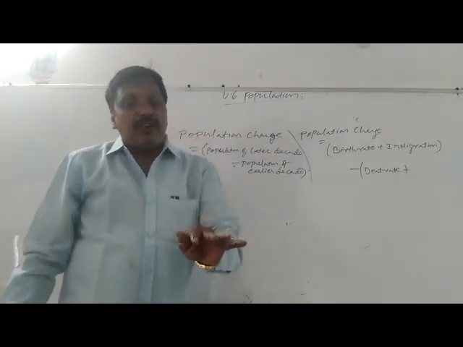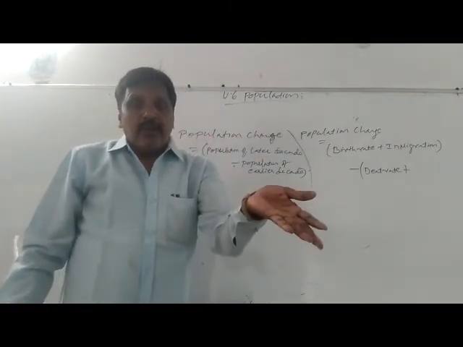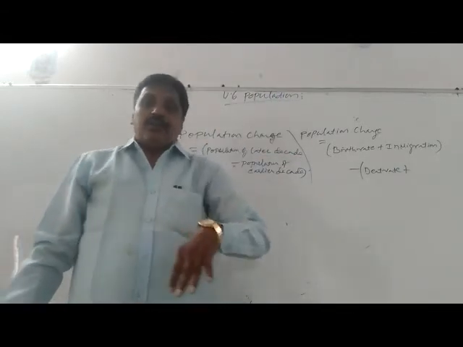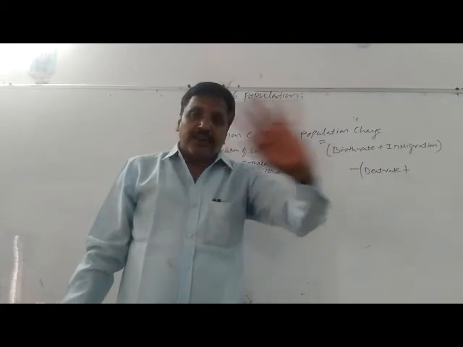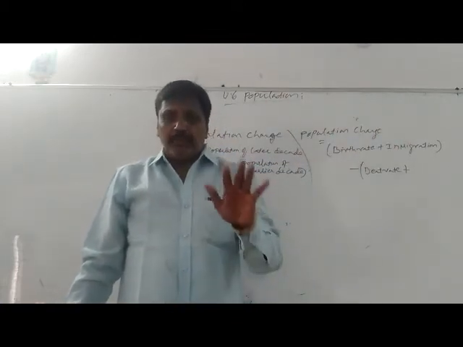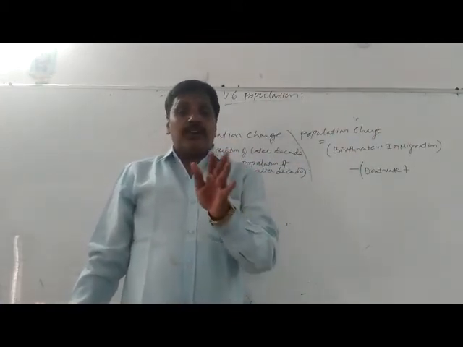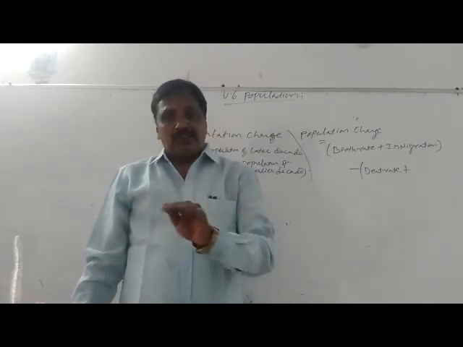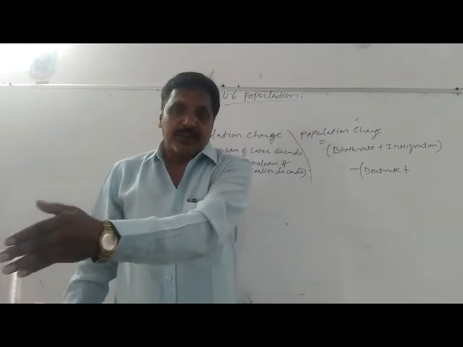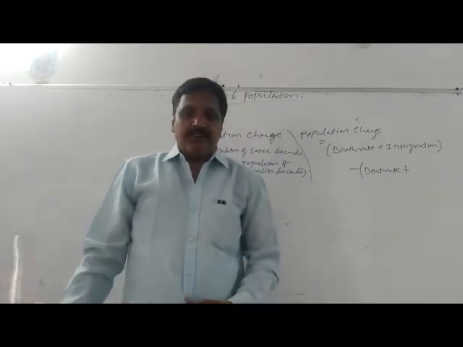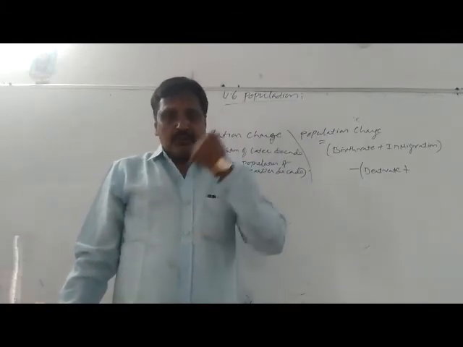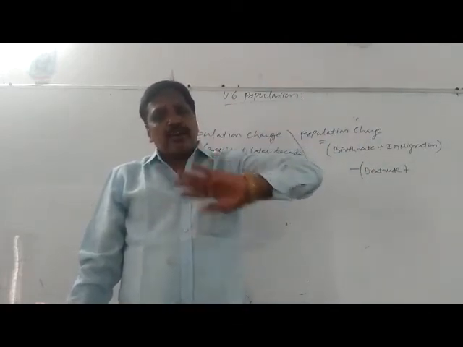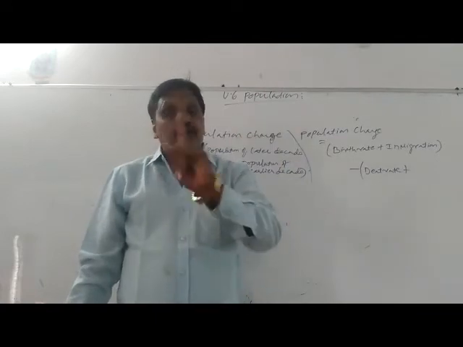That is called international migration. You move from here to there. You are an immigrant or emigrant, and that will show an impact. These two words will come across: immigration, who is an immigrant, who is an emigrant, and what is migration. We have a separate chapter after this, settlement and migration, where we can discuss it in detail. Now I am saying very simply, in migration is someone who comes from abroad. Out migration is someone who lives in this country and moves to some other part, and that will show impact.